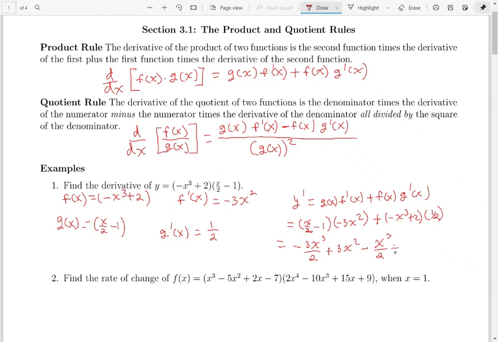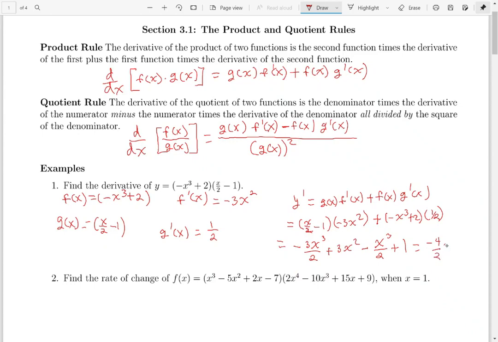1/2 times 2 is 1. Then let's see if we can combine any like terms, and notice that we have negative 3x cubed over 2 minus x cubed over 2. Those will combine. I get that that is negative 4